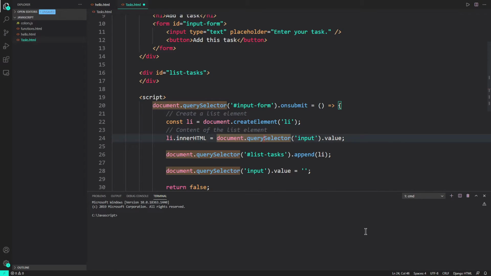I selected the input bar, and whatever value has been written inside the input bar is going to be the content for our list element. And then finally I have just appended it to our div.